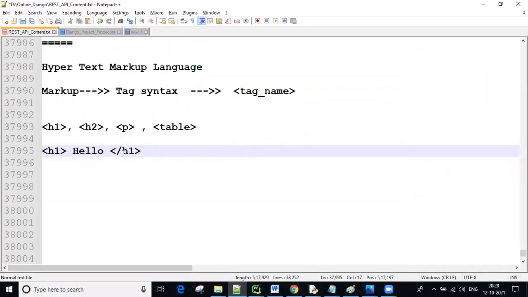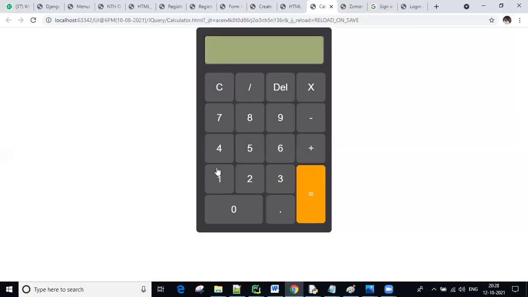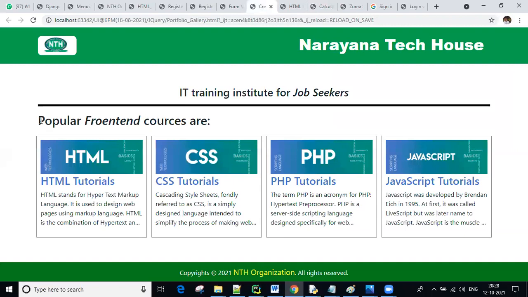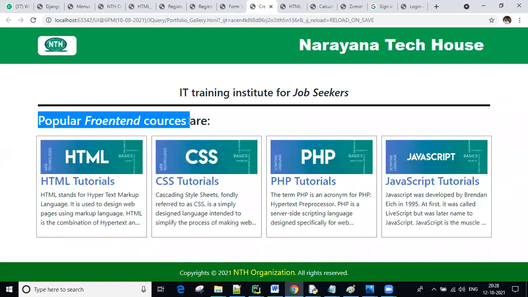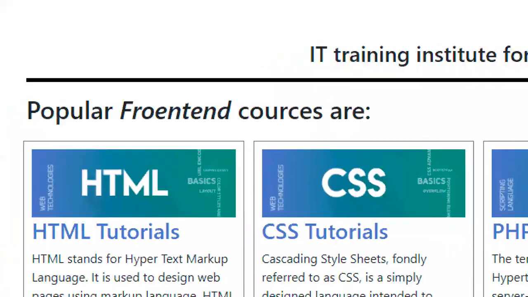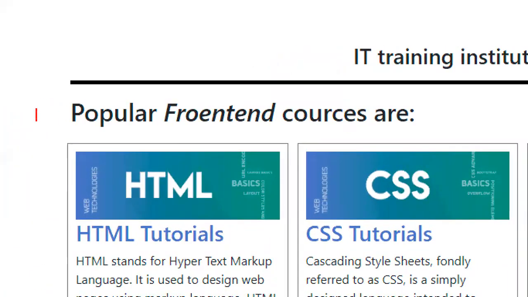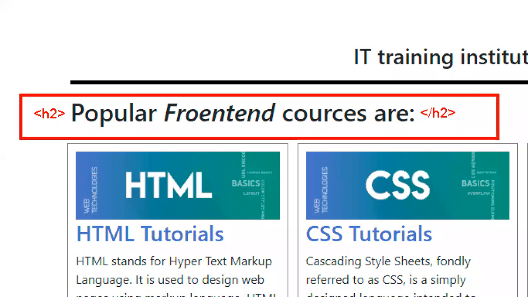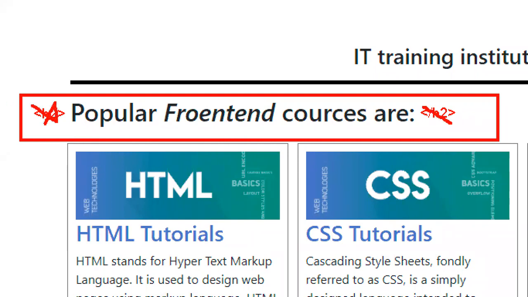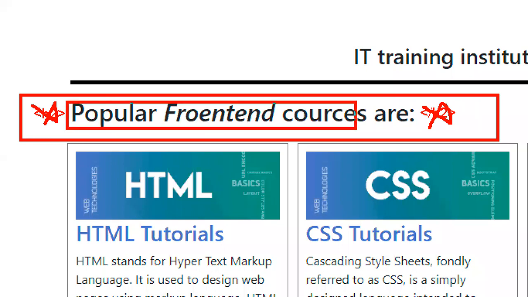You're not going to get these kinds of tags in website content, guys. For example, on this page nowhere are you getting tags. Actually, one tag is being used, for example the H2 tag. In between the H2 tag you write this content. This is what I created inside HTML. At the time of running, these tags are ignored, and only the content between the tags is displayed.